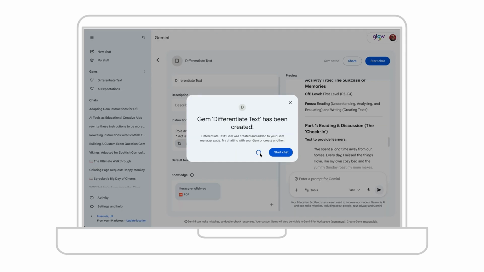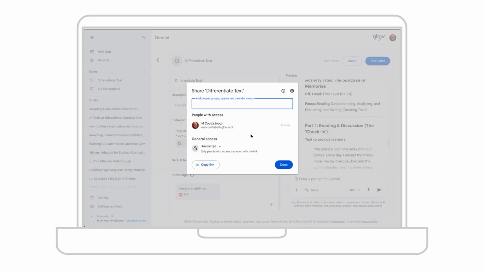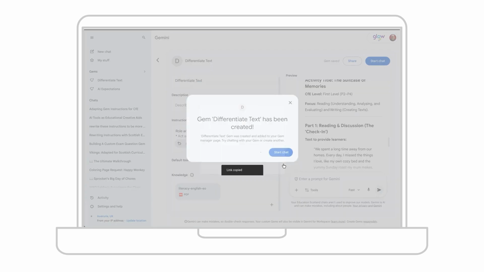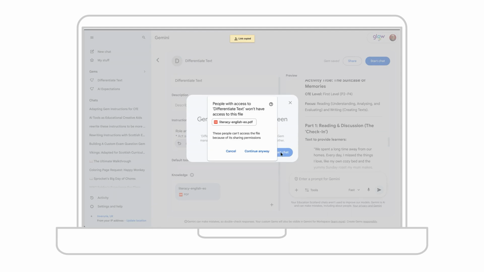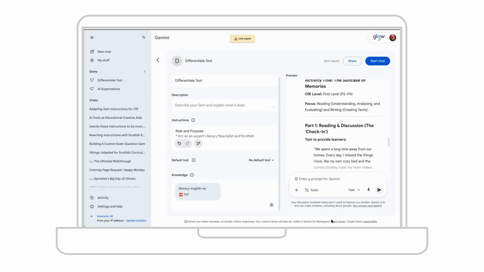Now, what's also quite useful about Gems is once one has been created, it can be shared with others. If I save, you can see here I get my share menu, same way that I would with a document, with a slide, with a folder, anything that I've created within Google, it is the same sharing menu. The difference here is if I upload a document, it gives me this little warning that says the document that you have created as part of this